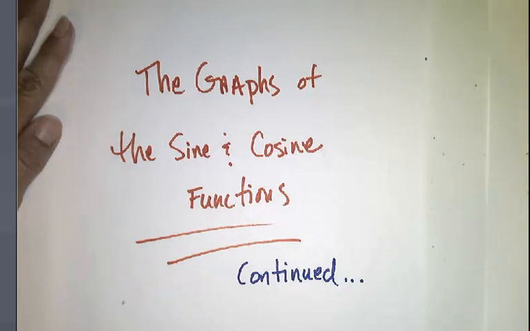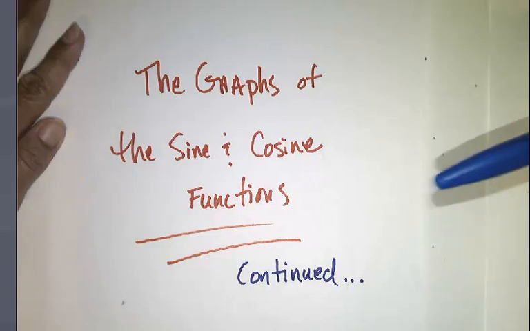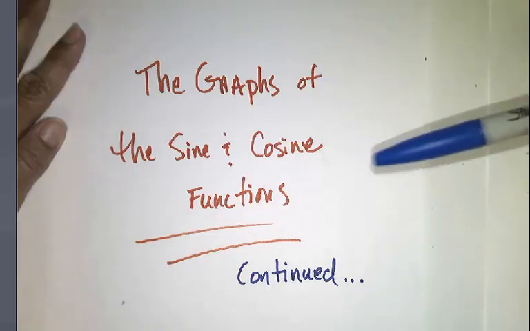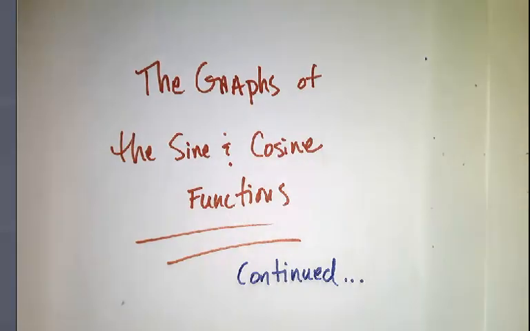In our last video, we looked at the graph of the sine function given the unit circle. In this video, we're going to continue on and sketch the graph of the cosine function from the unit circle, and then talk about both the sine and cosine functions as we go past one rotation or in the negative direction. So recall our unit circle,